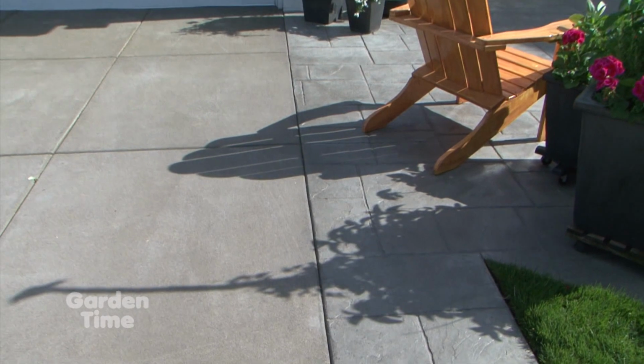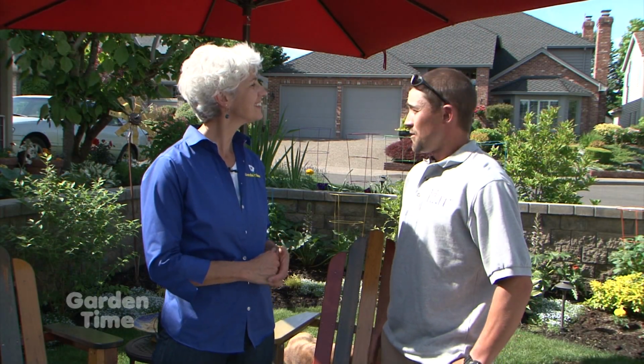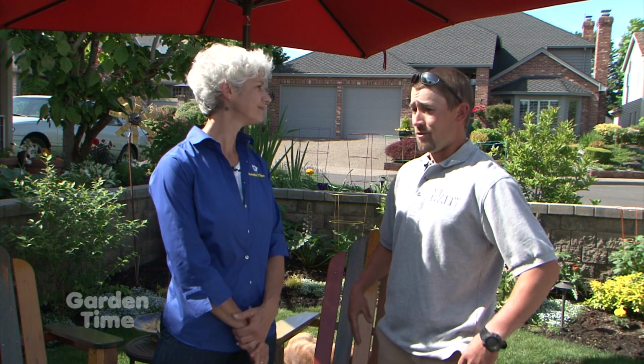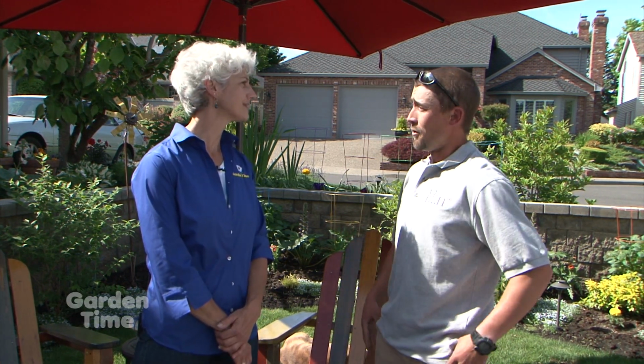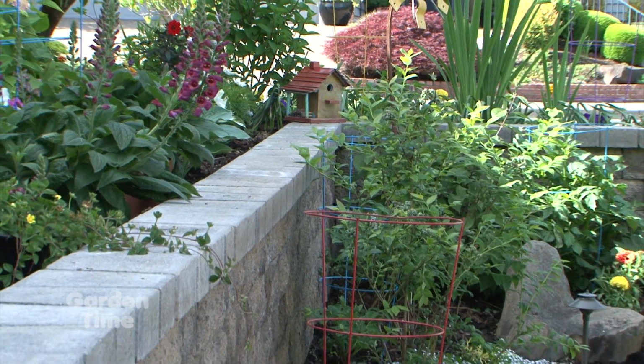We can kind of custom it a little bit. So were there any problems here that you had to solve? There was a few. The biggest was going to be the drainage. We obviously came in, excavated down, so with all the water that's going to be flowing, that's a big issue. So we ended up putting drainage behind the retaining walls and trying to reroute all the water as best as